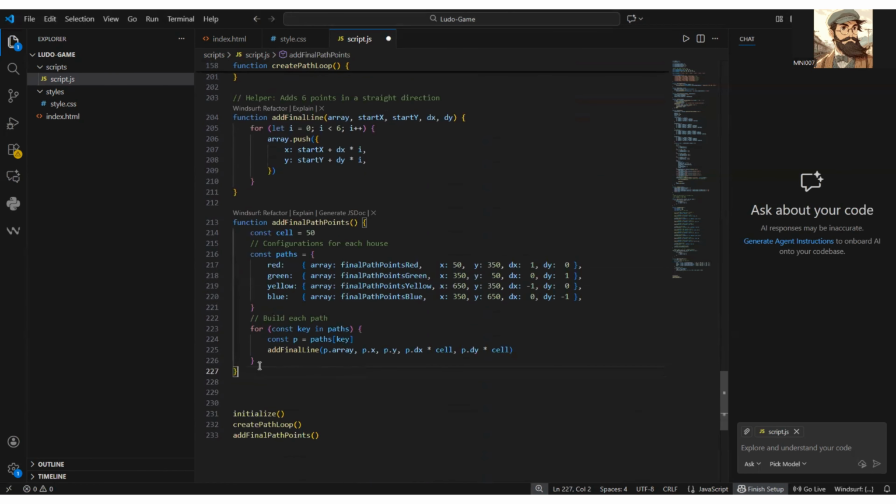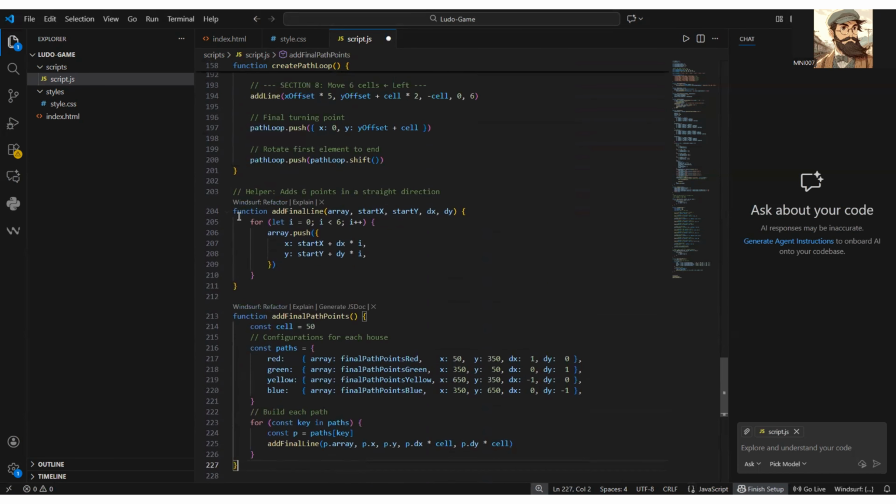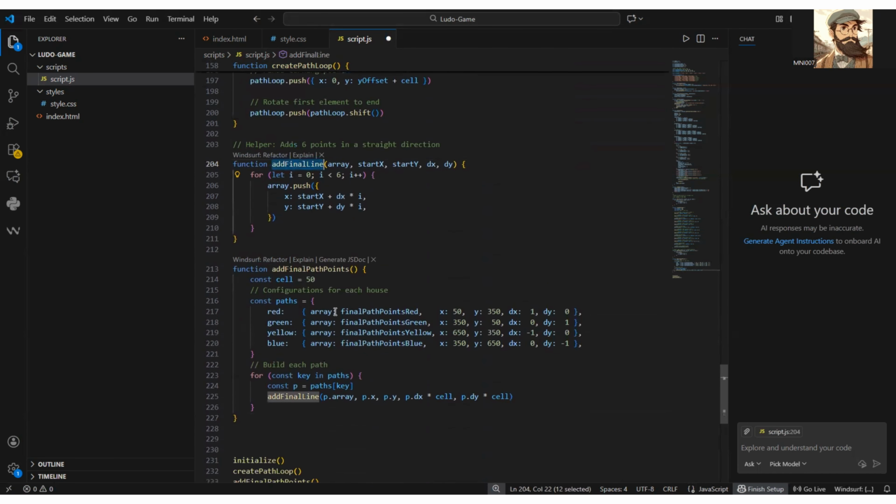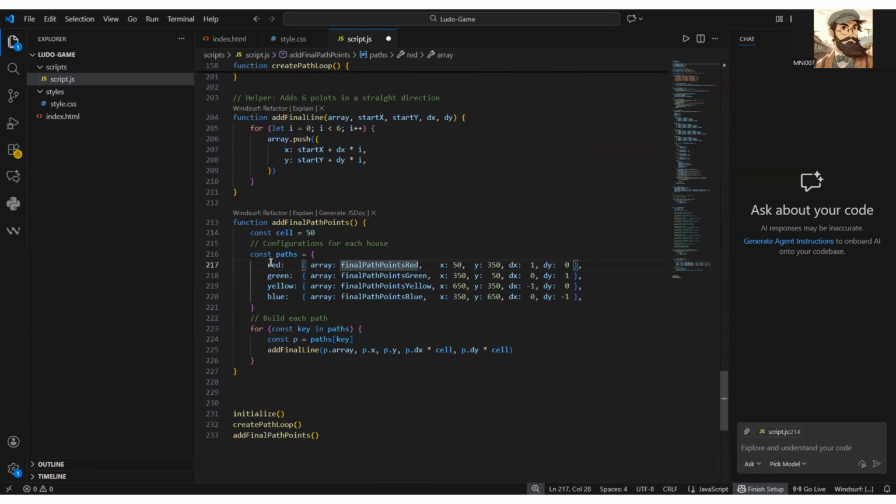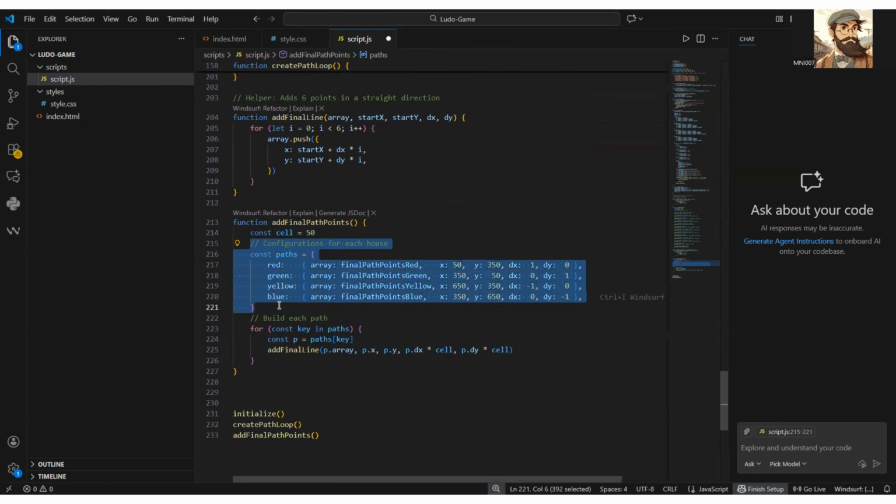And so here we have this path function. So we have a helper function for add final line. But before we start, we have this cell size of 50, and we create a configuration for paths. So for red, we have this array of final path points red. For green, we have green and yellow and blue and so on. And we are creating these positions from where the entry point is created,